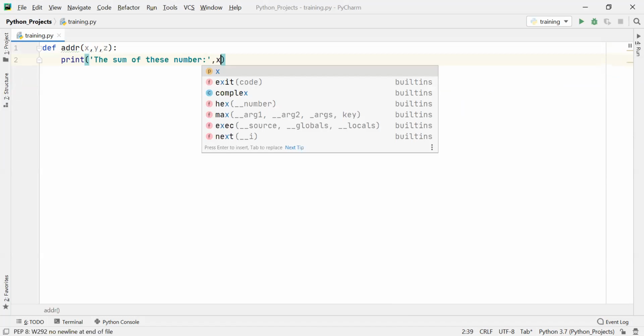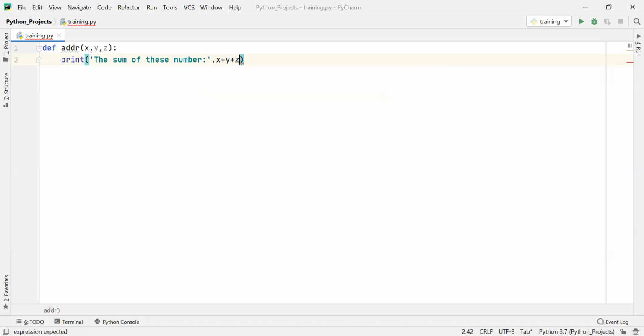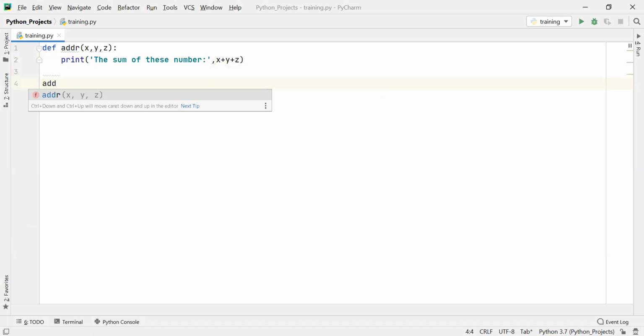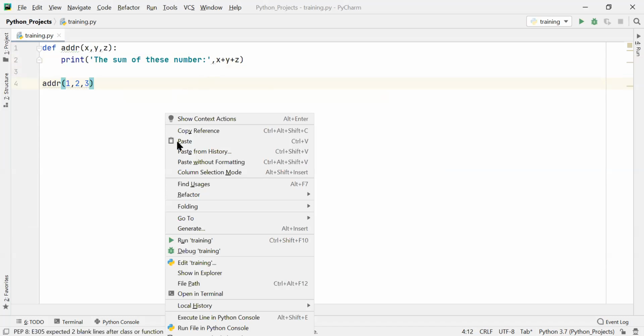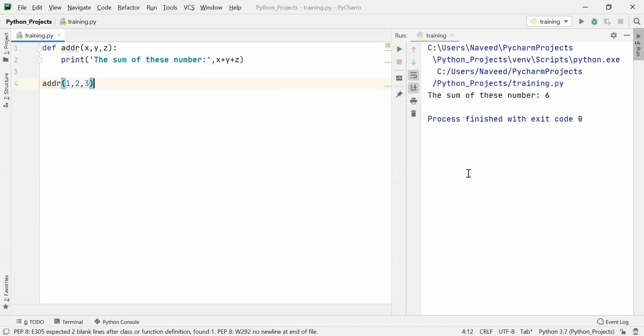Okay, so what I will do, x plus y plus z. And then calling the function adder. And here I'm passing 1, 2, 3. So ideally it should give me the value of 6, the sum of these numbers.